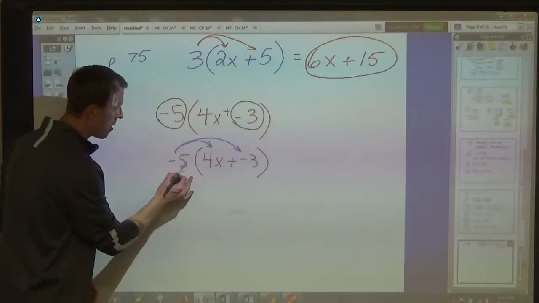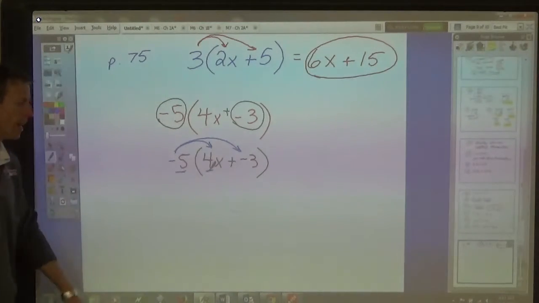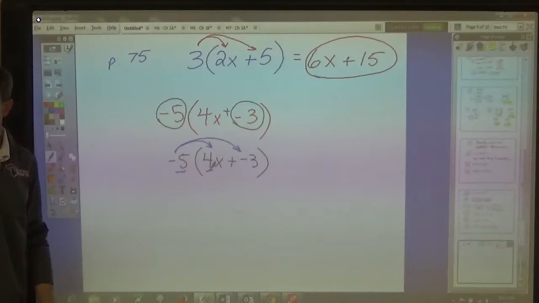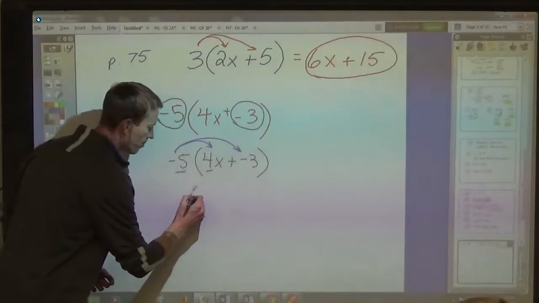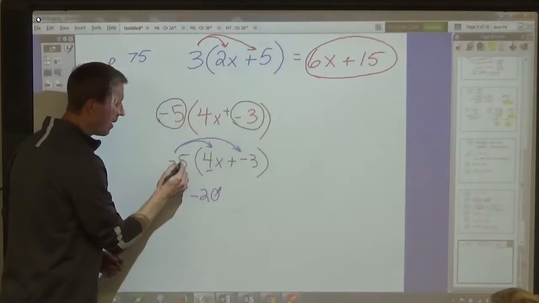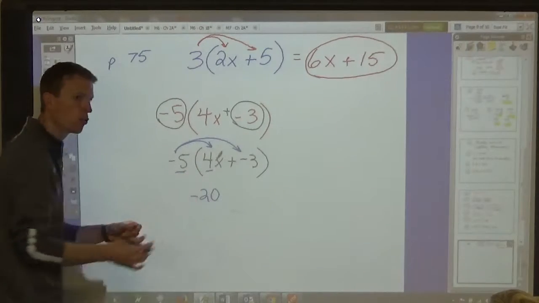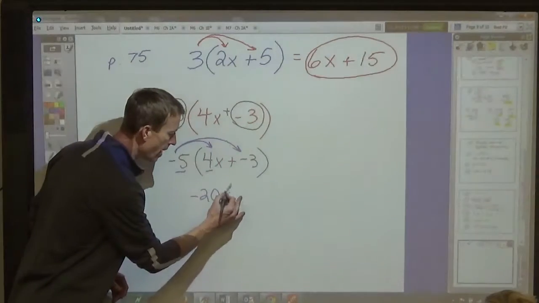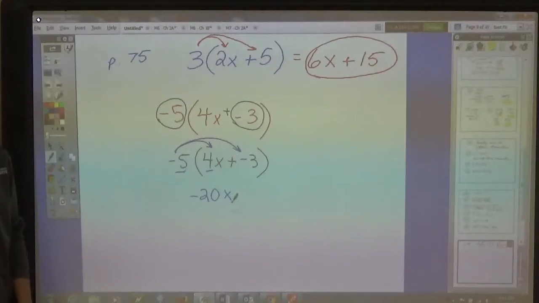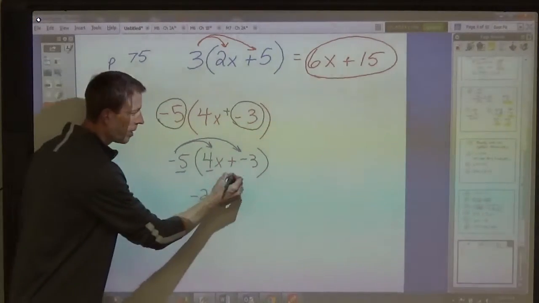And you multiply the numbers and then keep the x. So -5 times 4. What is -5 times 4, class? -20. And it's not just -20, it's actually -20 x's. So you have to write -20x. Then you keep the plus sign,